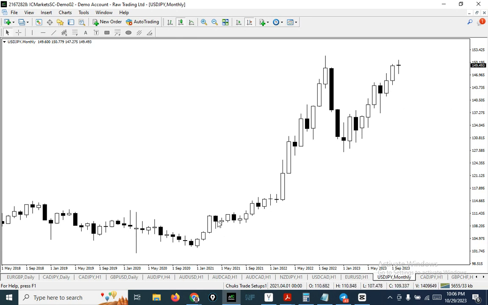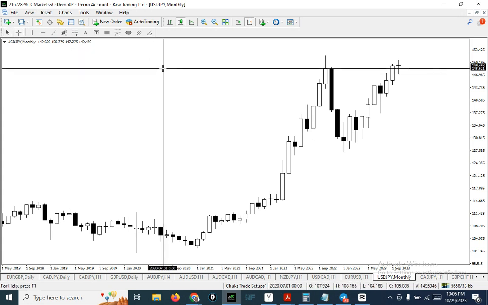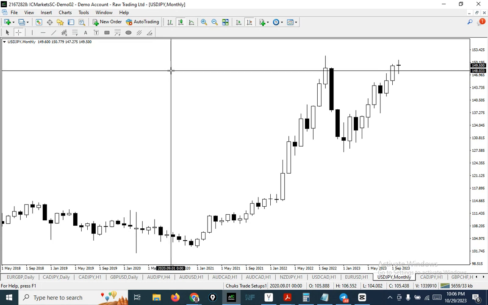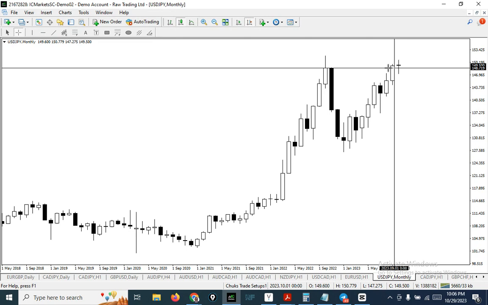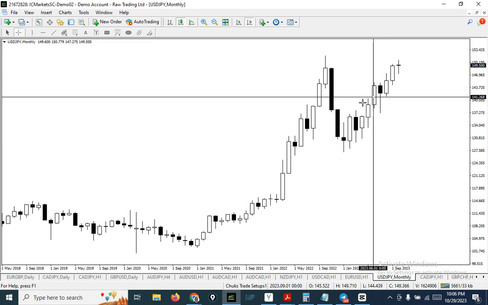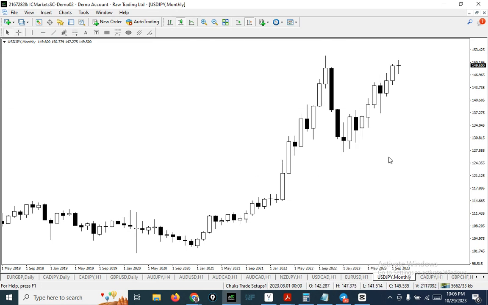The market is making a series of higher highs and higher lows, and is about to make a higher high. Let me see if a higher high has been made here. Yes, a higher high has been made. This candle has closed above the last peak, the swing high. There's a close above it, so this market is in an uptrend. So the top-down analysis from the monthly time frame shows that this market is in an uptrend. Let's drop down to the